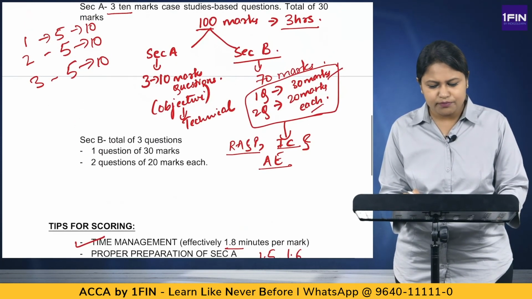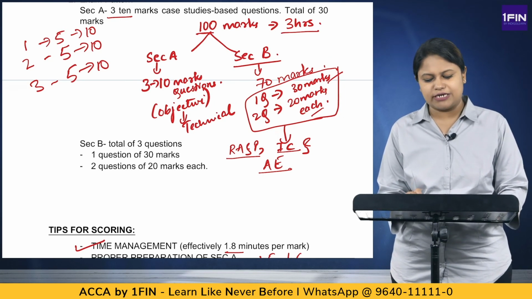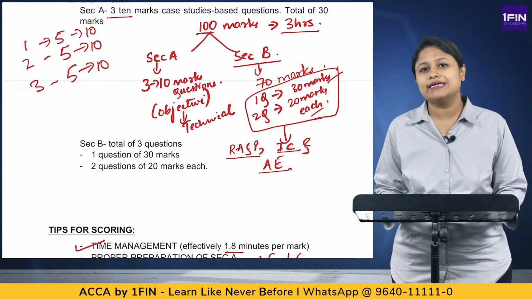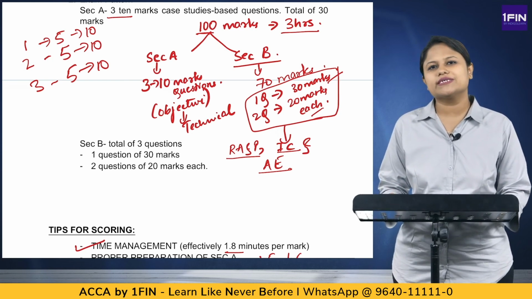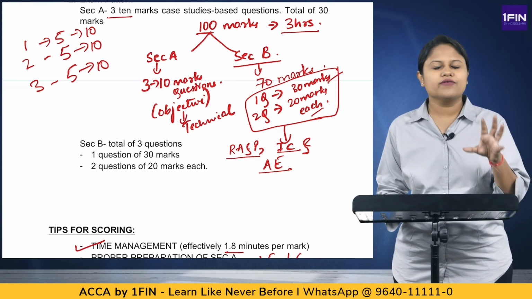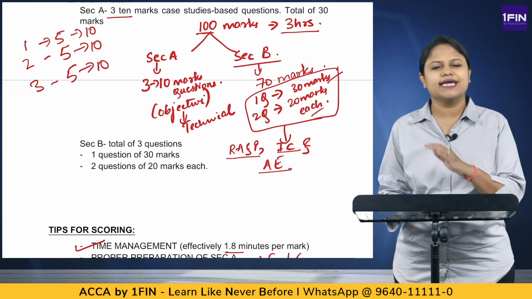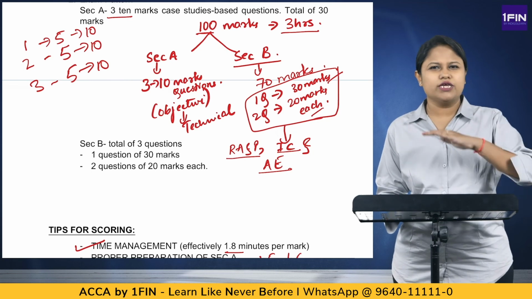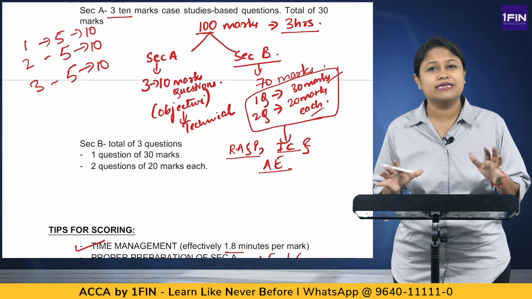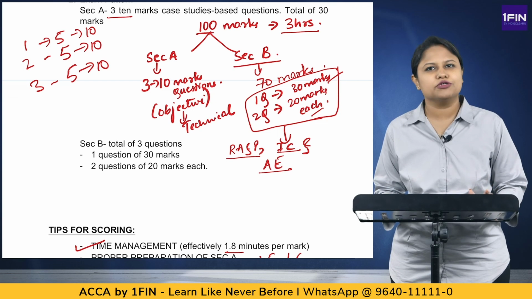Also, one thing which is very important for Section B is that for the questions which come from risk assessment and planning, internal control, and audit evidence, it is very important for you to get an in-depth understanding. Because sometimes the questions are based on measurement, ratios, and some calculations are connected. You can do those things only when you are conceptually very, very clear. So never study any topic just for the sake of it, only overviewing it and not getting into detail. You should actually get into the detailing of it and get the 100% concept. Then you will be able to understand Section B also very well.